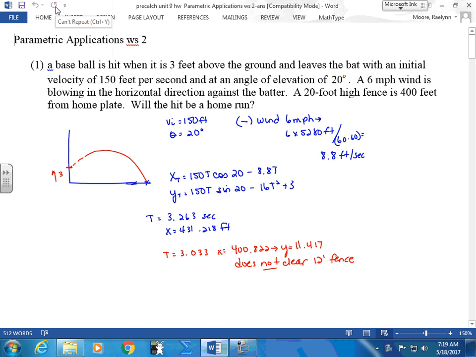You have to know that. If you forget, I'll give it to you. That's not a big deal. You should know 5,280 feet, 1,760 yards. That's a common one. Just make sure you convert,